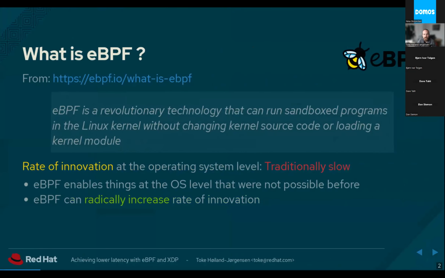So I will start with a little introduction. Some of you probably know what eBPF is, and it's true that it started out as an expansion of the venerable old Berkeley packet filter, but these days we actually try to avoid expanding the acronym because it's evolved to the point where it's better to think of it as a general purpose technology that just lets you run code in the kernel space.